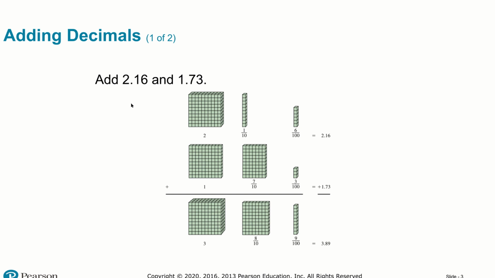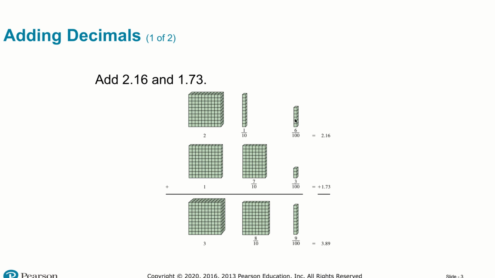So 2.16 or 2 and 16 hundredths can be represented with 2 flats, 1 long, and 6 units. And 1.73 or 1 and 73 hundredths can be represented using 1 flat, 7 longs, and 3 units. So then we can just combine those. We have 2 flats here and 1 here to give us 3 flats, 1 long here and 7 longs here. That'll give us 8 longs or 8/10, and 6